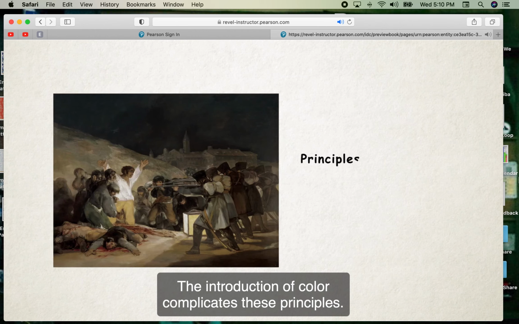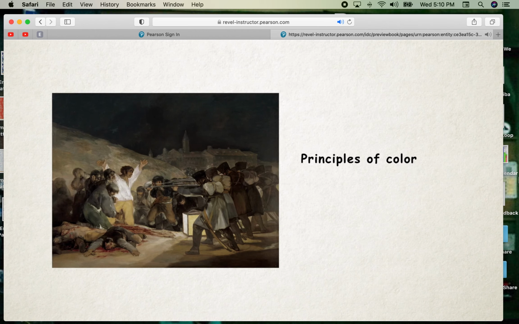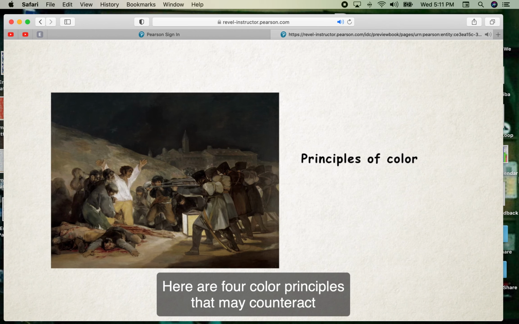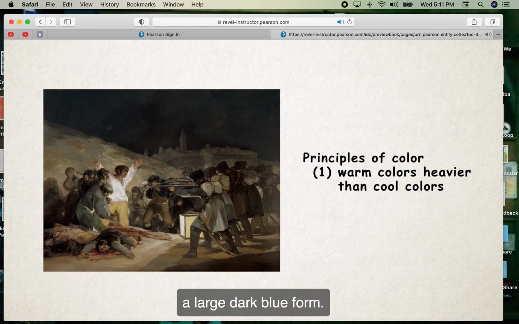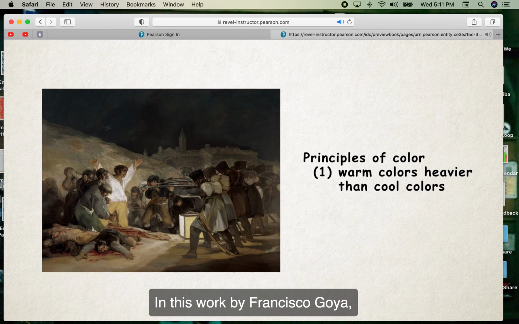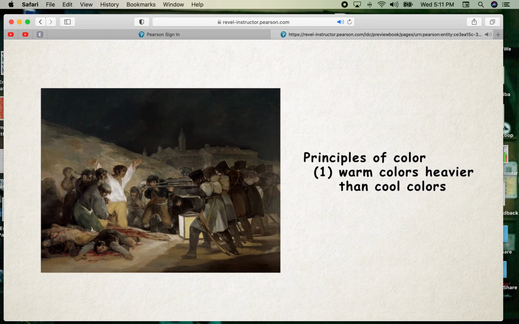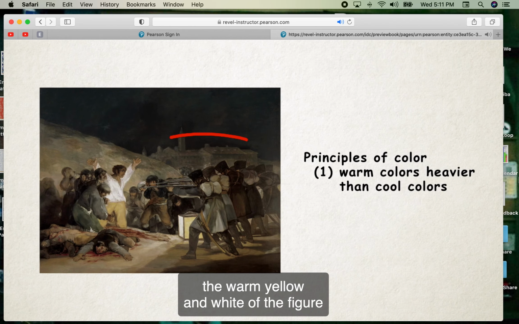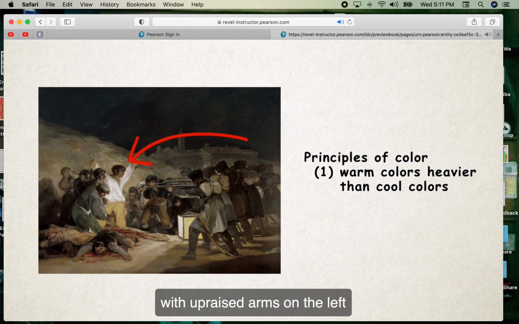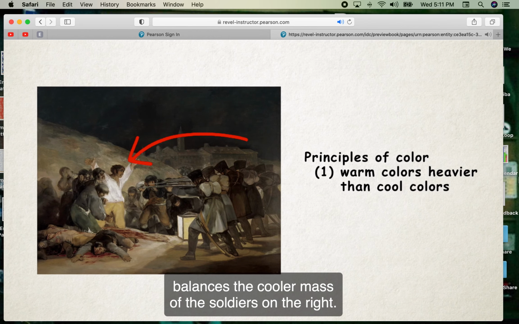The introduction of color complicates these principles. Here are 4 color principles that may counteract the 3 principles of form just given. First, warm colors are heavier than cool colors. A single small yellow form can therefore balance a large dark blue form. In this work by Francisco Goya, the warm yellow and white of the figure with upraised arms on the left balances the cooler mass of the